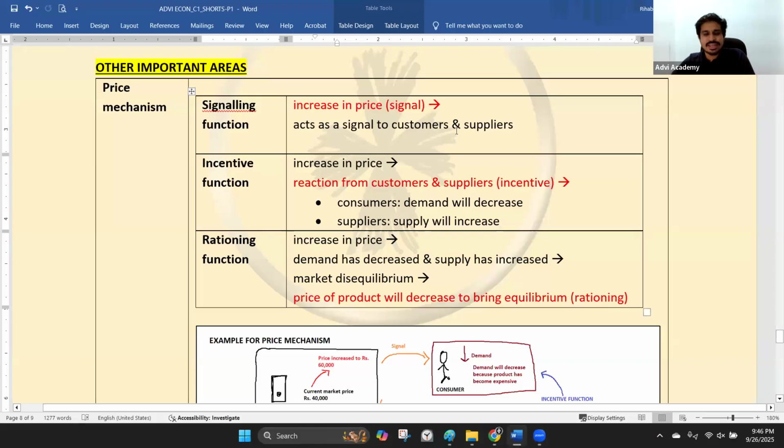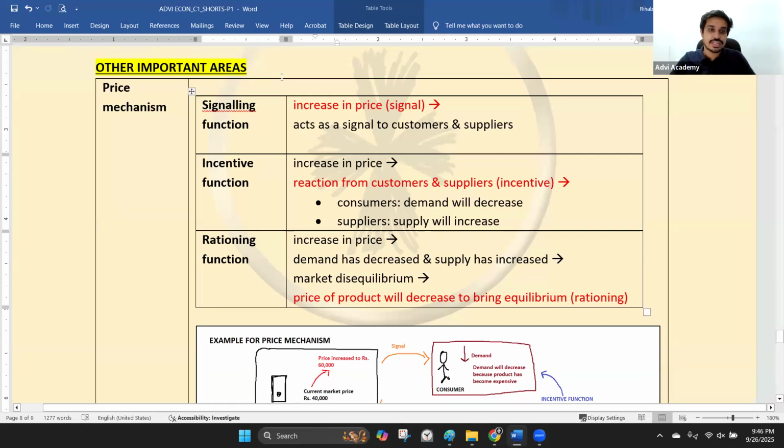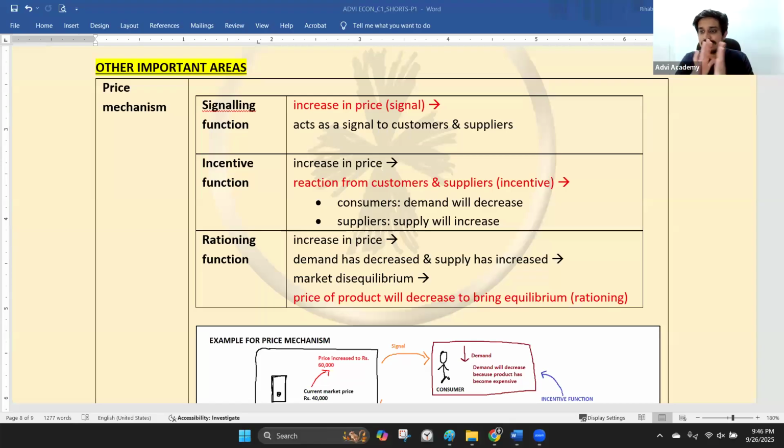We'll talk about this in detail in chapter 2, because these are things that happen over a short period of time. When they realize there's nobody who's going to buy it, then the price of the product will decrease. In chapter 2, the first part is demand, the second part is supply, and the third part is equilibrium. Especially in the equilibrium part we'll learn exactly how this happens. You will see that when demand increases, price goes up, and when supply increases, price comes down. But for now, just remember what this section is, because chapter 1 is more of a theory part. In chapter 2, we will learn the concepts.